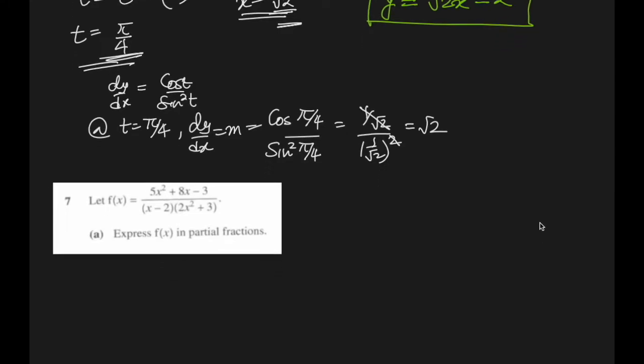Moving on to question number 7. They have given us a rational function, and they're asking us to express f(x) in partial fractions. This is f(x) for us. So let's write (5x squared plus 8x minus 3) over (x minus 2)(2x squared plus 3) equal to A divided by the first factor of the denominator, which is x minus 2,